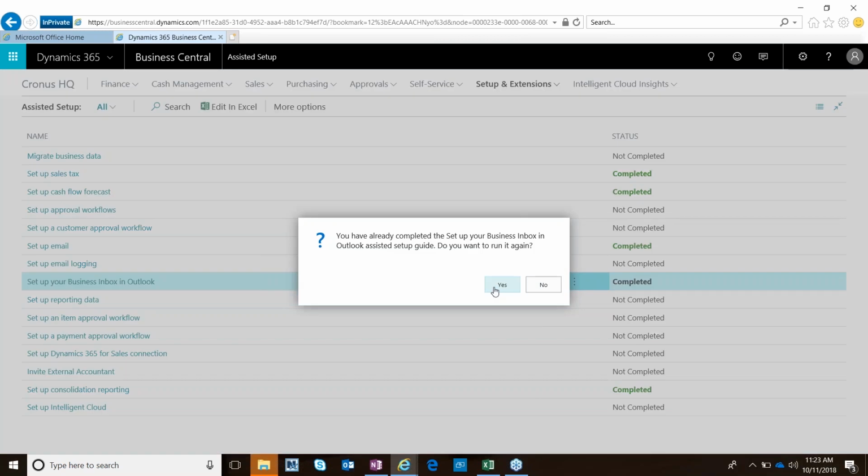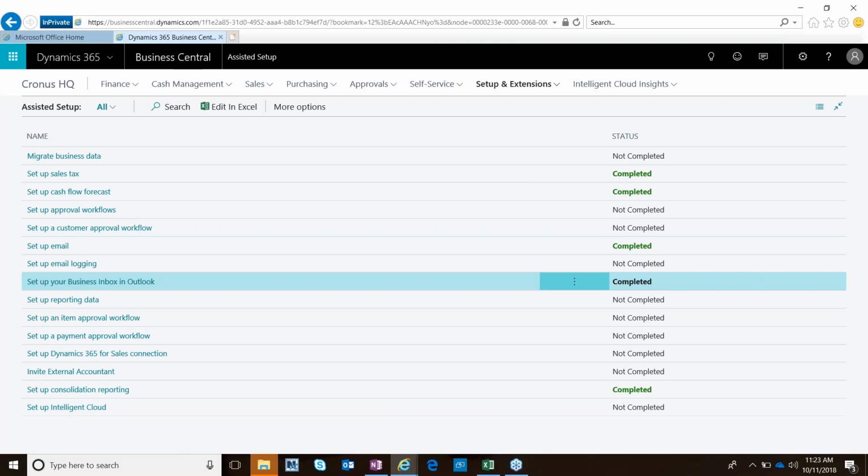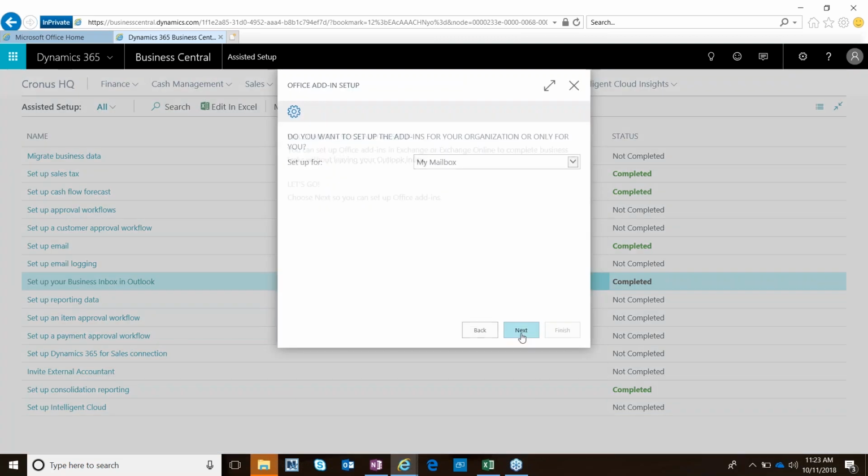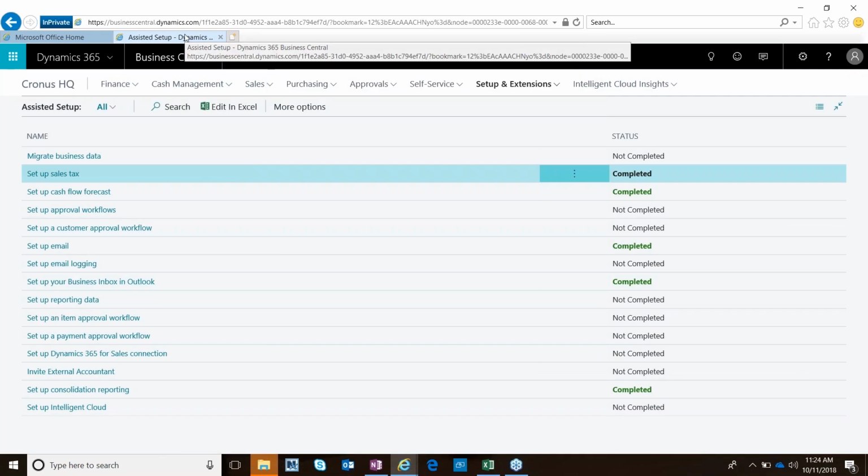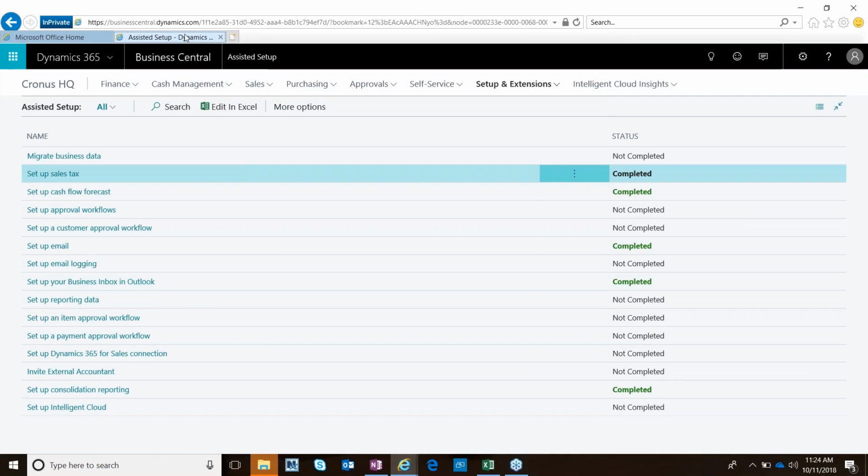It's geared to get you up pretty quickly. So some of these things, in your older systems, you might not have been able to get your mail set up without a lot of big projects. But as you can see, in a couple clicks, I just did it. So now I set up my Outlook so that it's going to tie into Business Central. And what that's going to allow me to do is